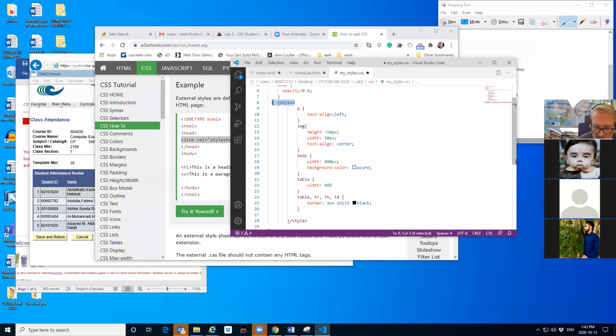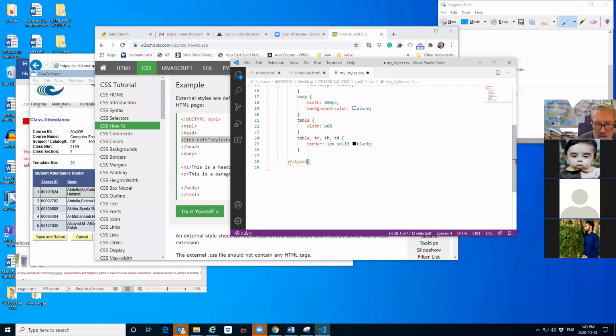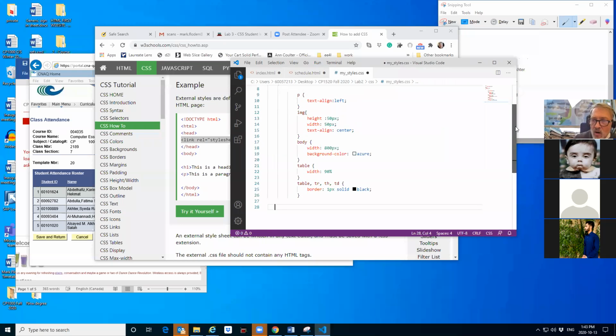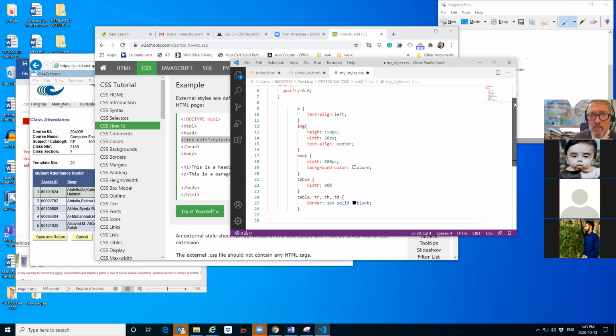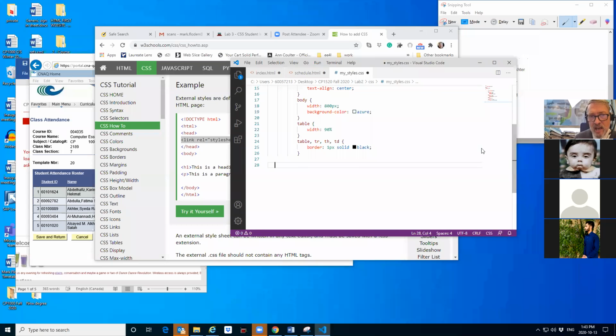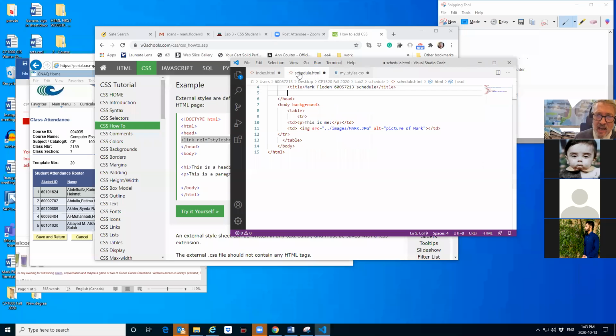Now we don't need style tags because this is now an external style. And all of this could be applied to all of our files. If you wanted to have a website where you had multiple files and you wanted them all styled the same, you put all your styling into a single file. You don't have any style tags, but instead, in the place where you normally would put the style tags,